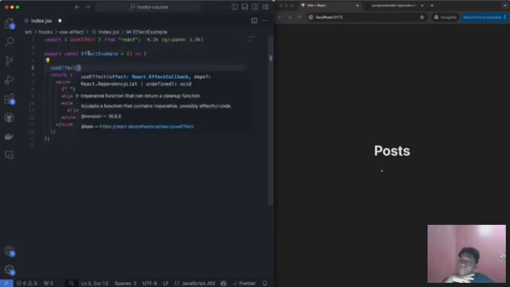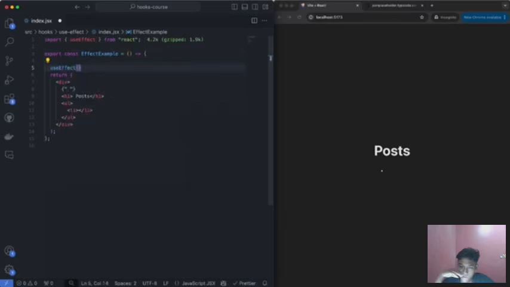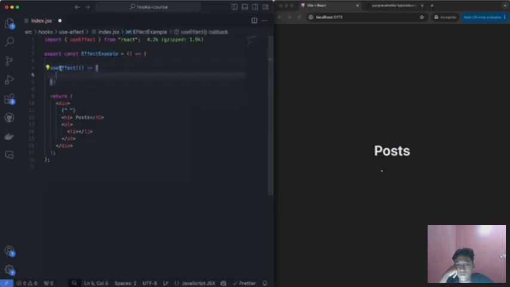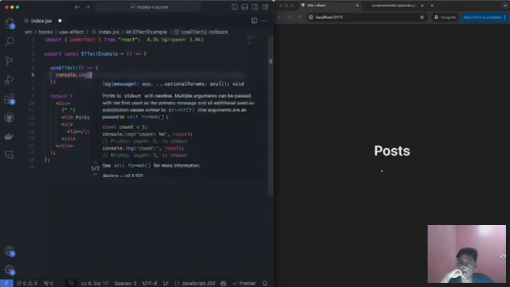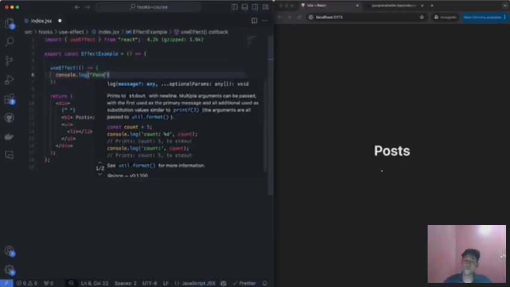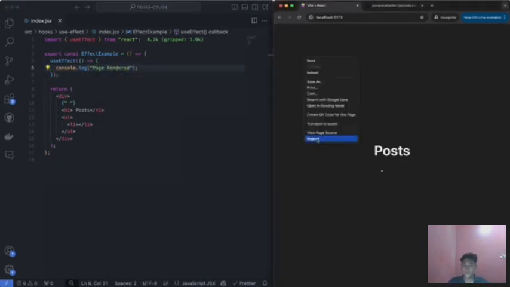You saw it also auto imported over here. Now, the notation for the use effect hook is very simple. You call the hook, always obviously inside of your component, never inside of an if statement, just like all the other hooks. And inside of here, you put a callback function that will execute whenever your use effect is supposed to. So whatever action information you put over here, like console log page rendered, you'll see that it will actually